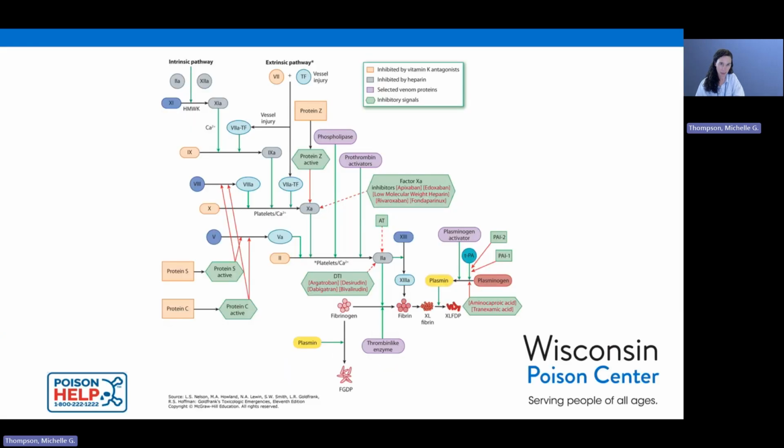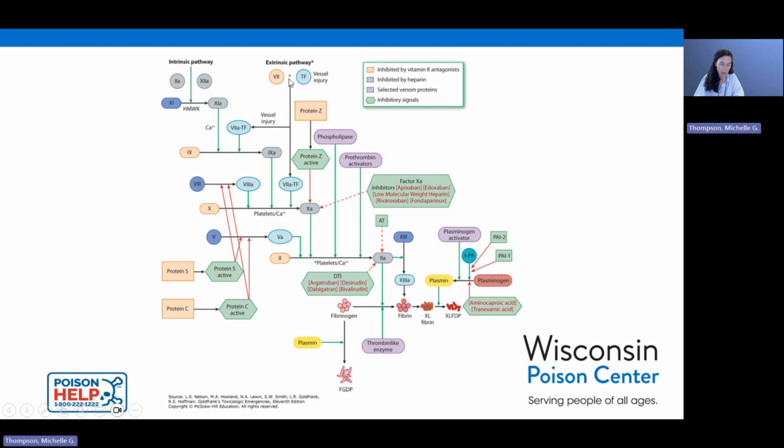We'll first talk about the clotting cascade. We see here the intrinsic pathway, which is triggered by an internal vessel injury. We then see a sequence of activation of clotting factors. If we move over here to the extrinsic pathway, which is triggered by an external vessel injury, this also follows